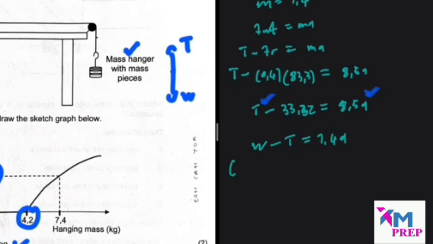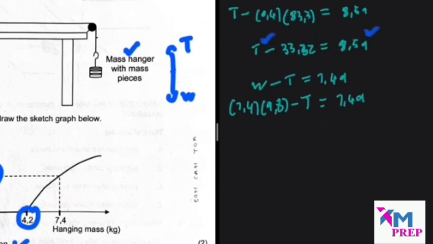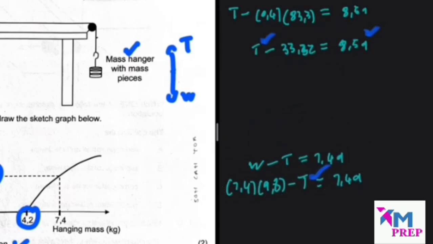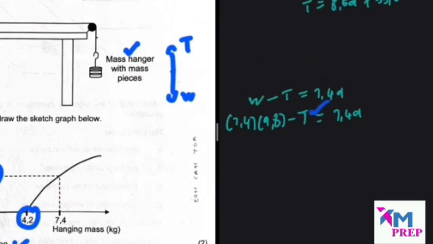So the weight, 7.4 multiplied by 9.8, minus the tension is equal to 7.4a. Obviously, we can make the tension the subject of the formula in this equation. So it is going to give us 8.5 acceleration plus 33.32. So instead of having tension there, we can say 7.4 multiplied by 9.8, which is